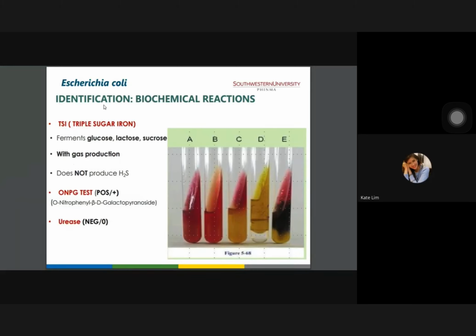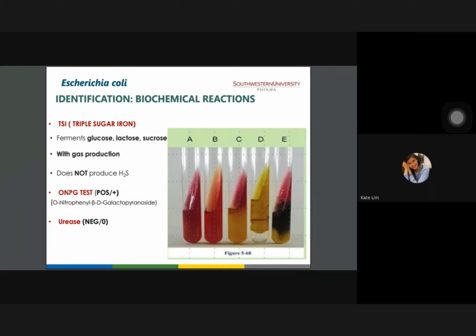Okay, in here it says E. coli can produce gas. As you can see in letter D, you could see cracks, these are actually bubbles. This would indicate the presence of gas. So your result would be acid over acid with gas, or you can put acid over acid, comma, gas positive. That is acceptable. So that would be acid over acid with gas, or acid over acid, gas positive.